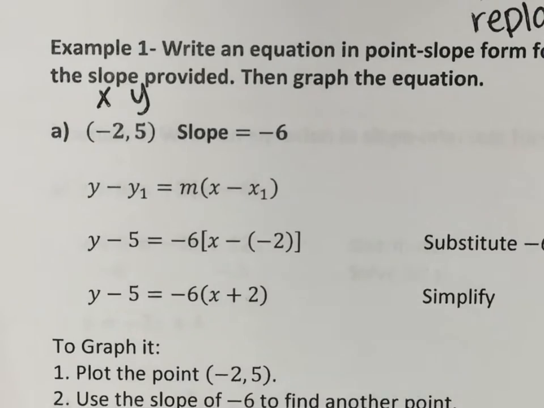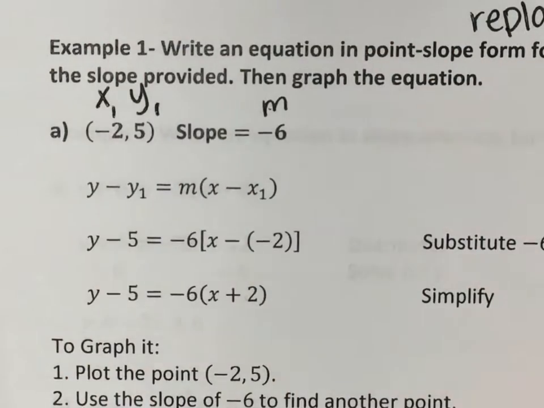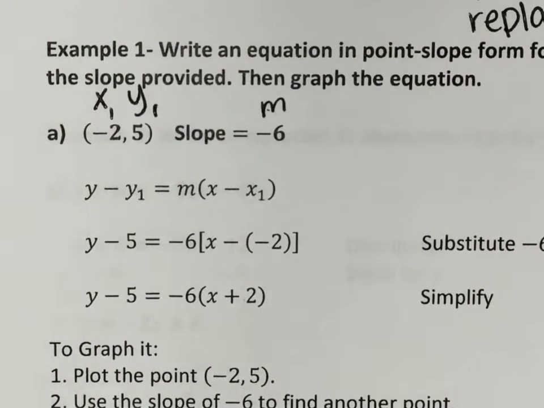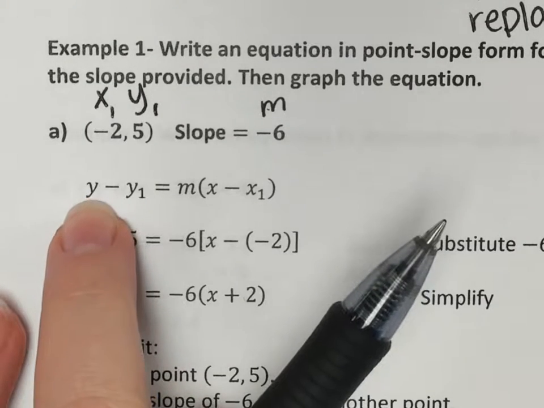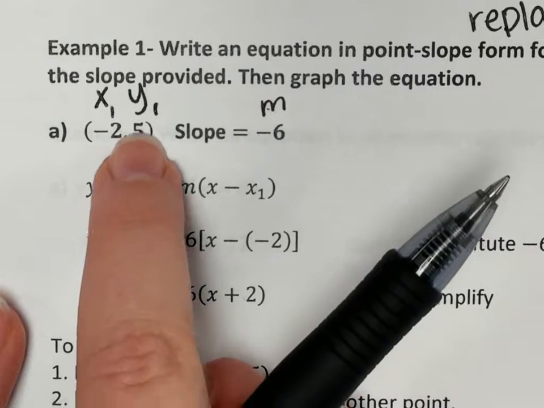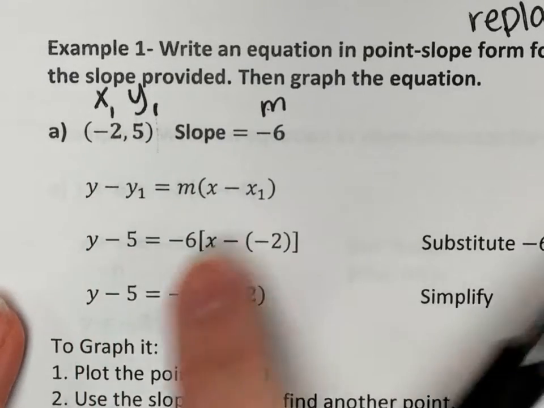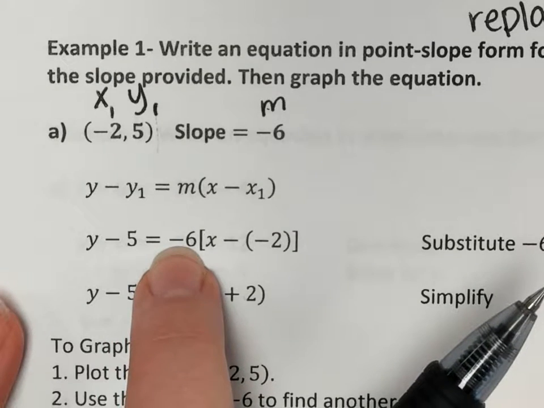And then slope is what letter? M. Okay? Now, instead of it being just regular x and regular y, it's actually the x1 and y1 values, because those are the ones we replace. Okay? Y is going to stay the same. Y always stays the same. Minus y1, which is 5, the y value they give us, is equal to our slope, which is m,